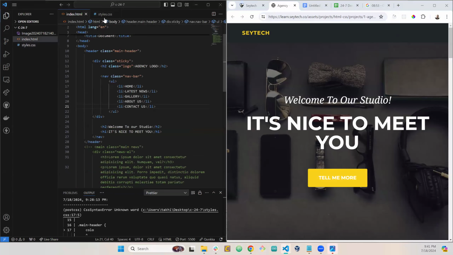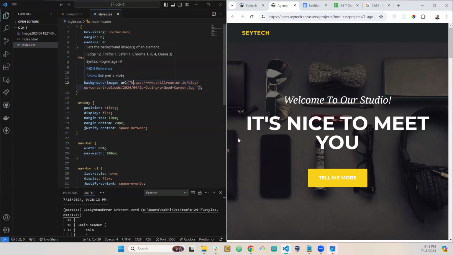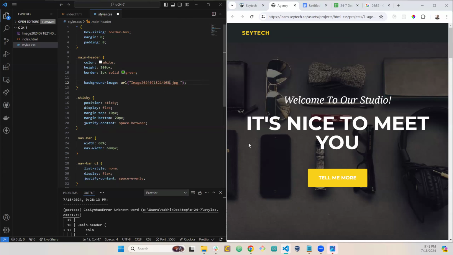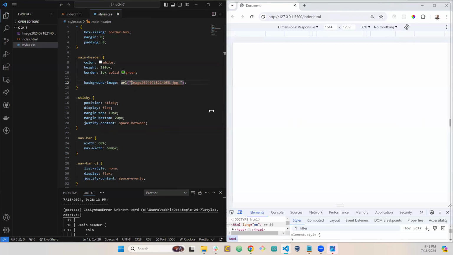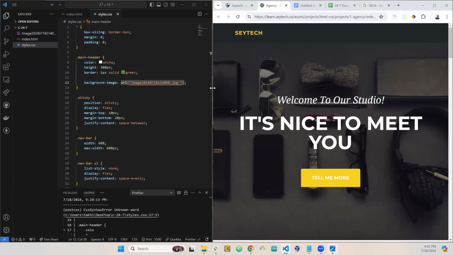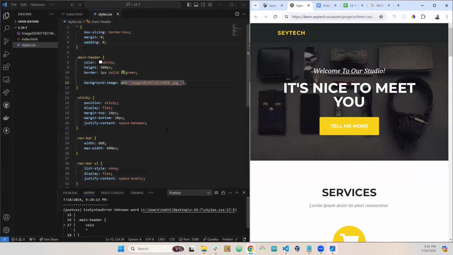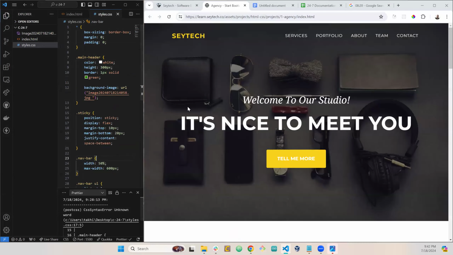I have a question, Tahir. Yeah. Why did you use both width and max width in the navbar? This width of 60% and max width of 600 pixels is the same, right? No, no. When we say 50 or 60%, or we can say even 50% for simplicity, in this case it's going to be just half of the